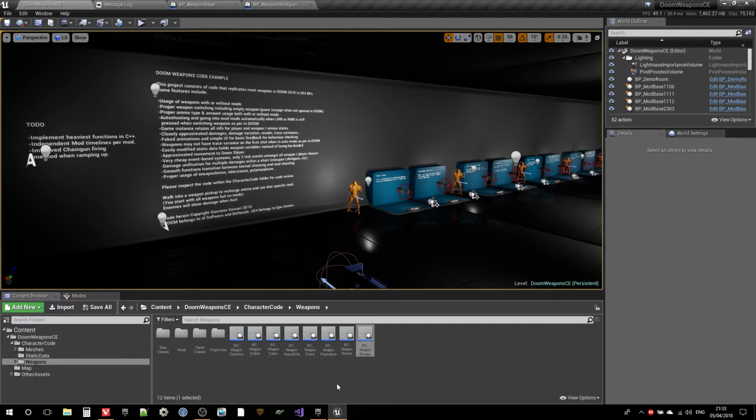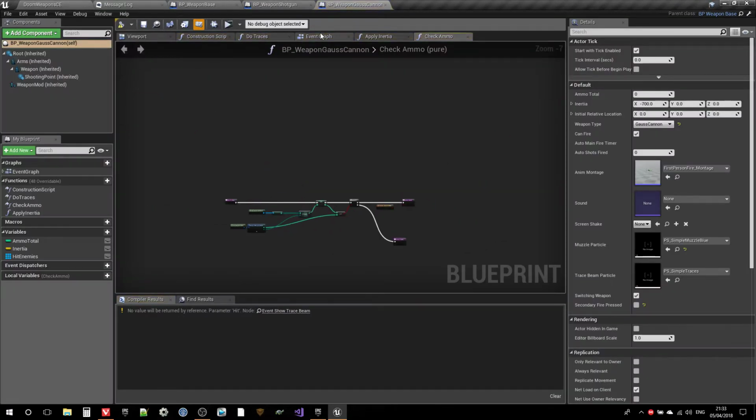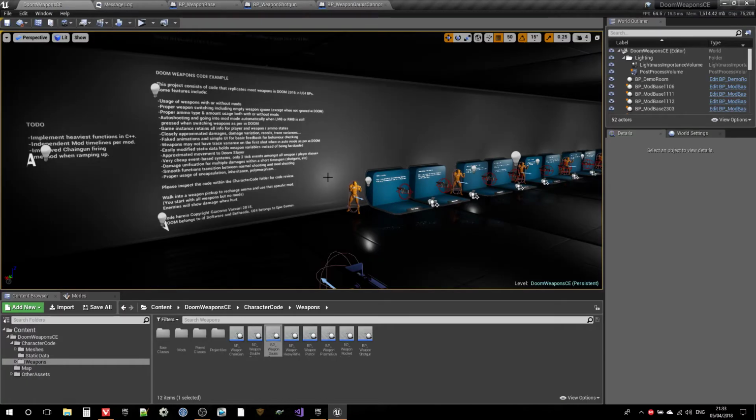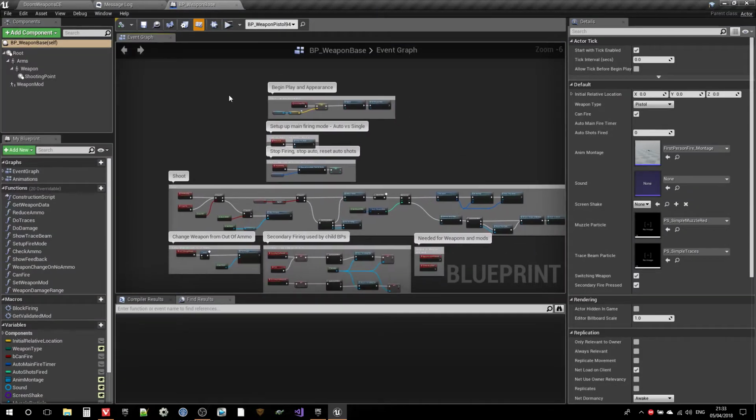There is that need in some of the weapons. For example, particularly the Gauss Cannon has a lot of its own workings, well, relatively speaking, a lot, because it just has a lot of edge cases. But most of the weapons will just need the weapon base. So basically the weapon appears from the bottom, comes up, it tells the player that it's ready,